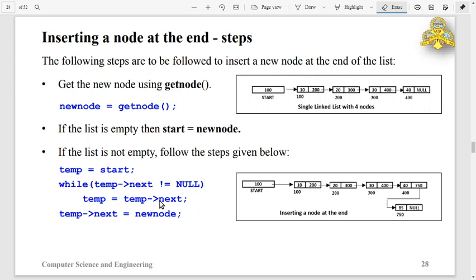Inserting a node at the end is slightly different. First you create a node, and if the list is empty, just like in the previous case, assign the address of the new node to start. The new node address is in the new node pointer. If the list is not empty, in this case I will use another external pointer, that is temp.